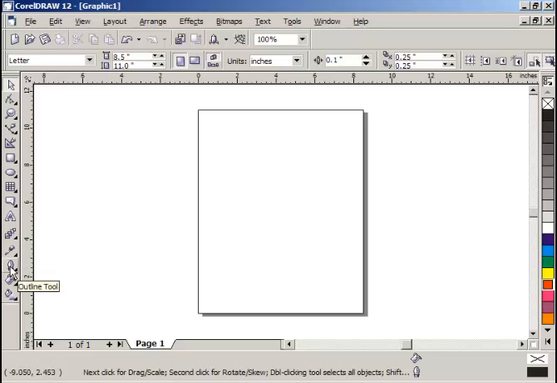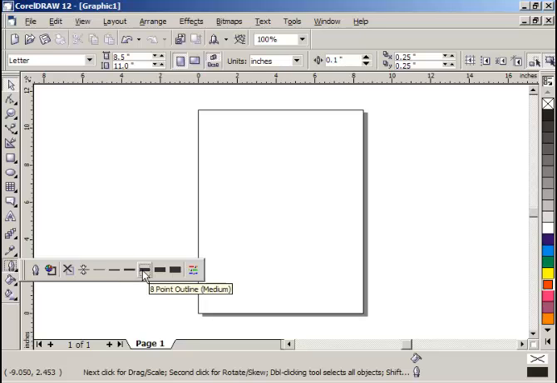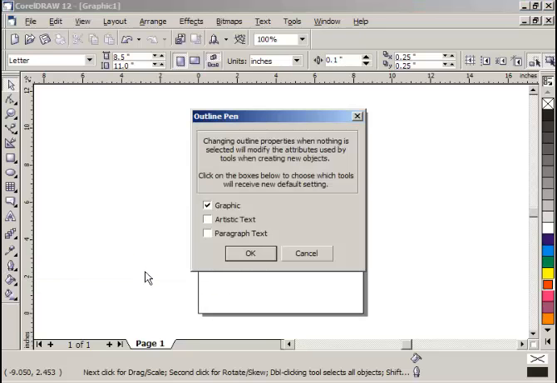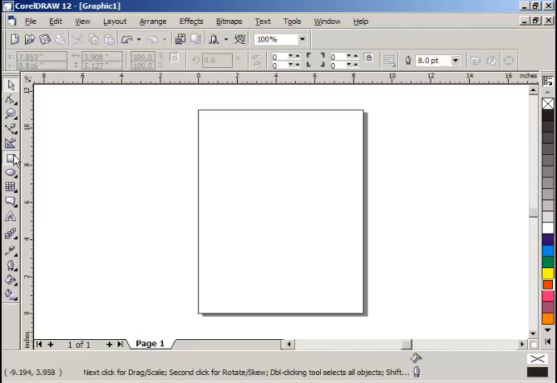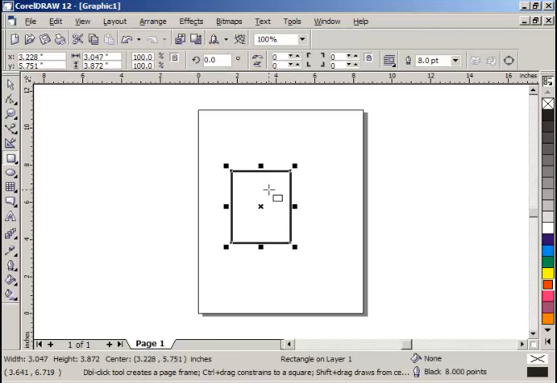For an example, if I right now select a pen outline of 8 points and nothing has been selected, CorelDRAW automatically thinks, hey, is this what you want for your default? You want it to apply to a graphic, artistic text mode, or paragraph text mode? And graphics is any shape that you draw. So we will go right to graphic, and now when I draw a shape,